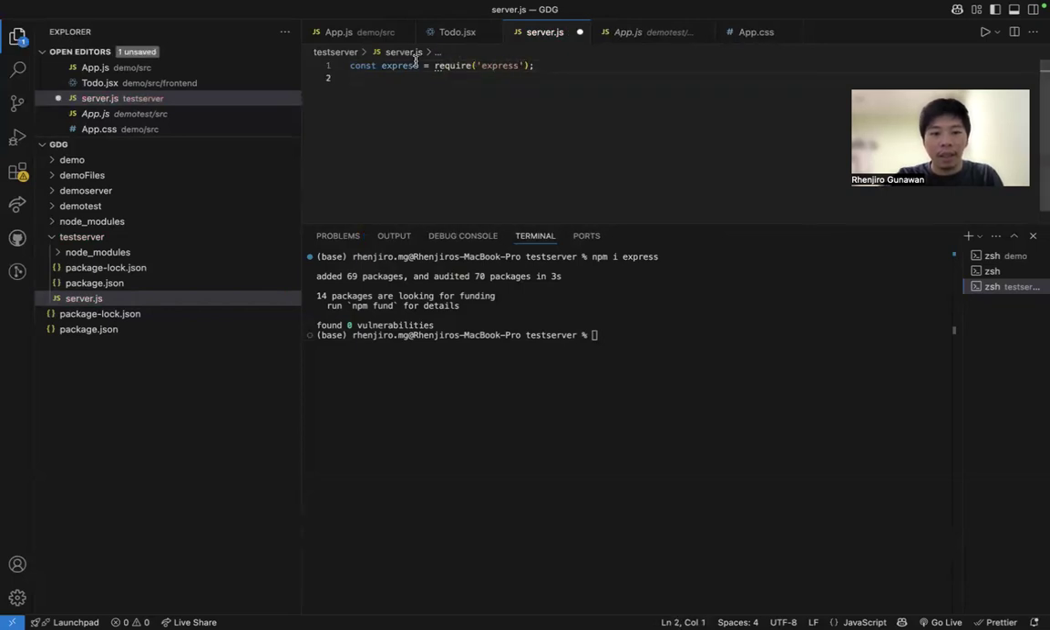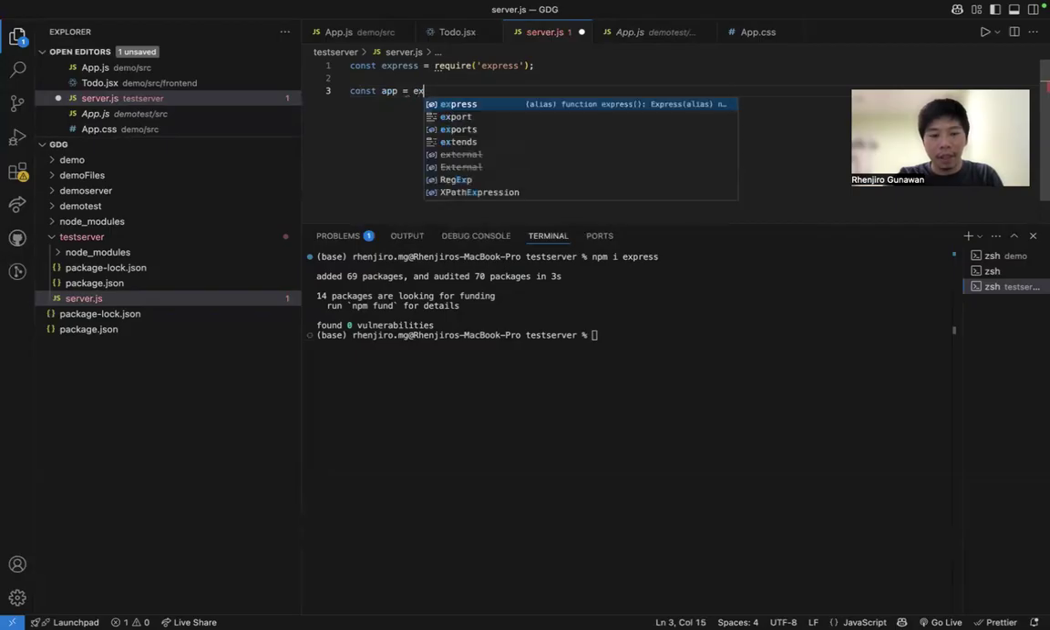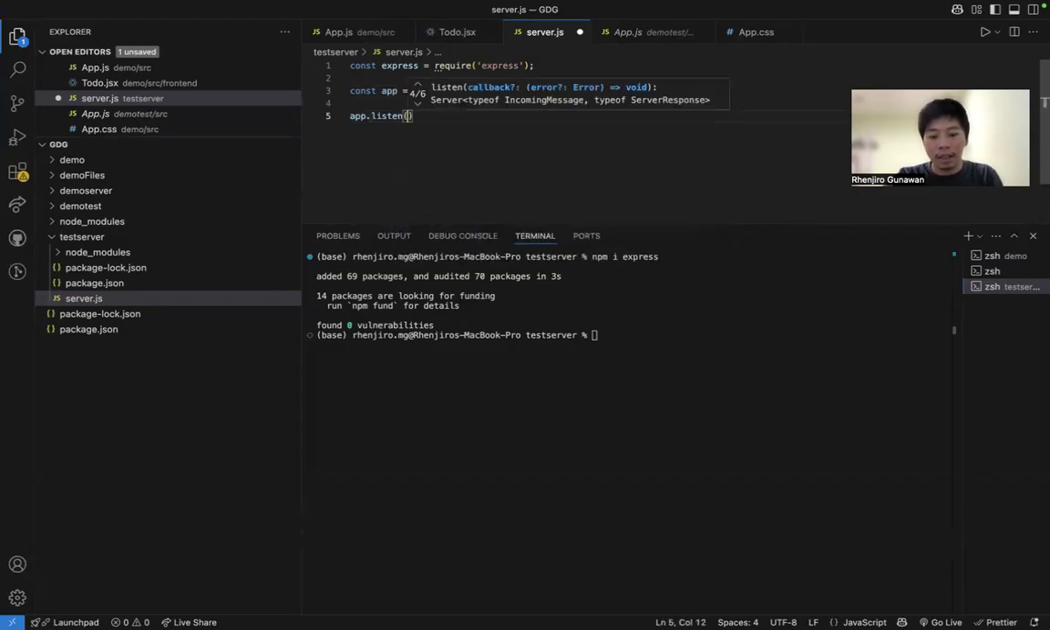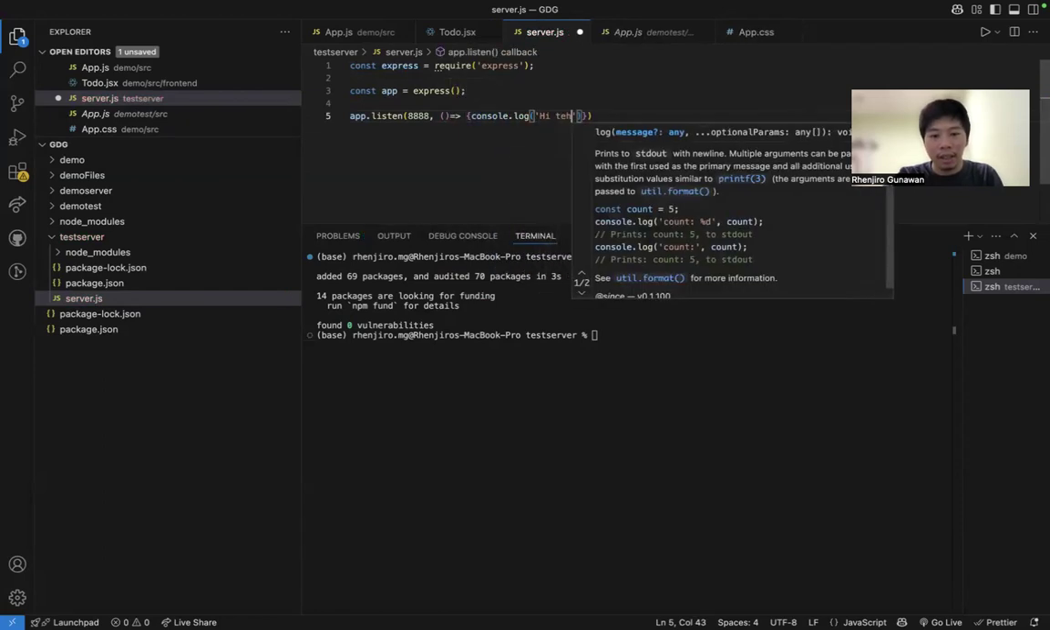Right? Again, this is a variable, so you can name it anything you want. And then I will call Express, right? And I will start the server by doing this at a port. I'll do port 8888, and give it a function to run when it loads. I'll say, hi, the server is on,